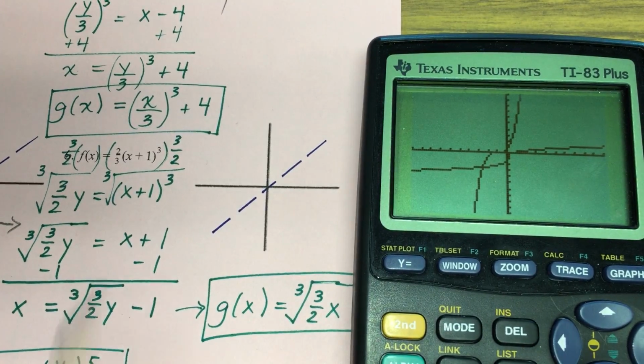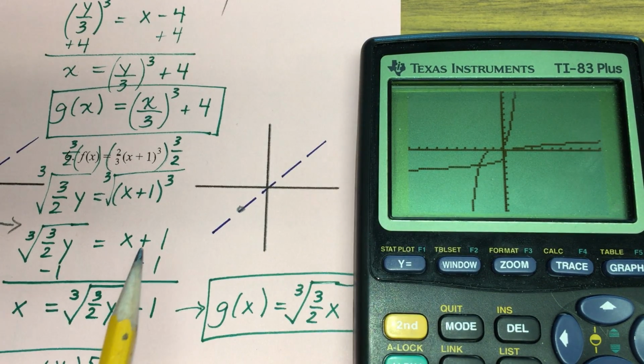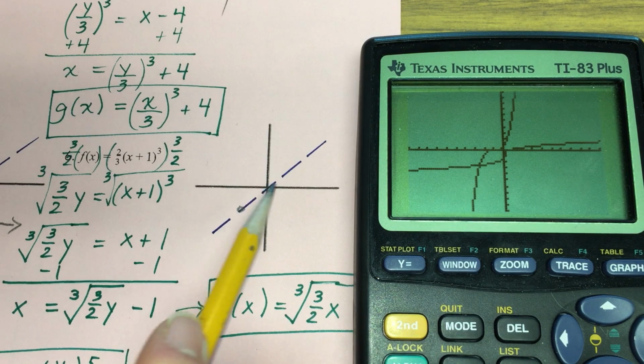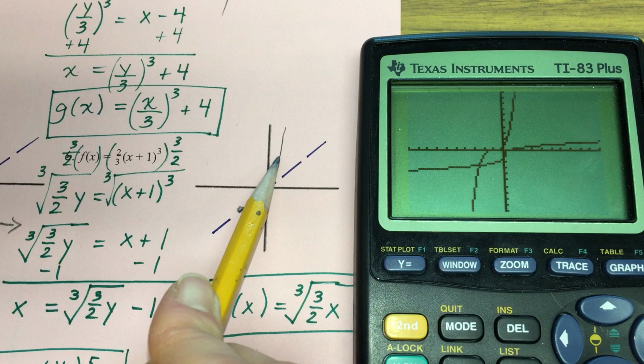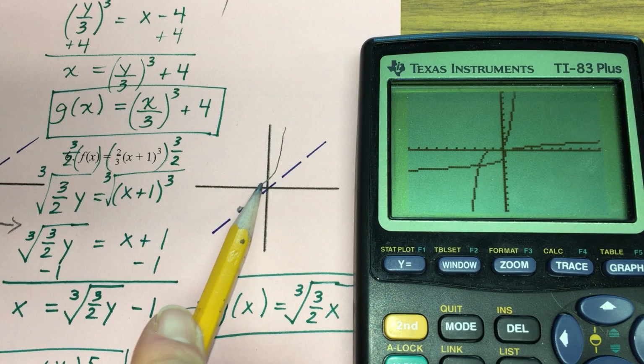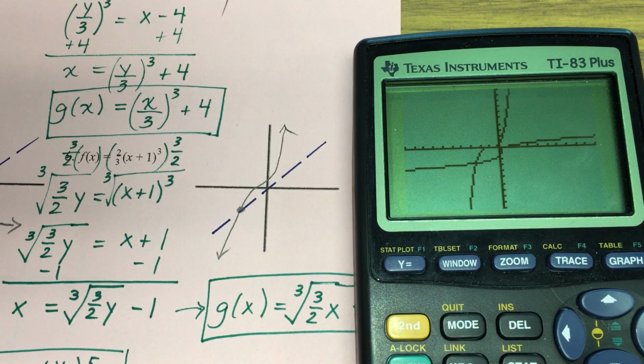And here's our last one. Again, they intersect down here. And we have our third power. It's going to look a little like this. And then our third root is going to resemble